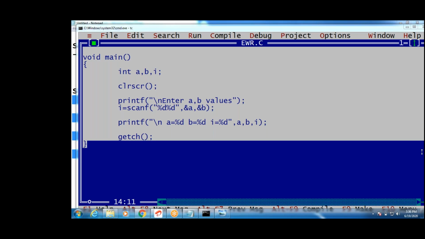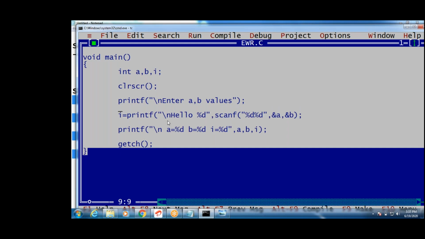Next one, guys. See, scanf within the printf. Now I will write, see this. Printf of a series of statements, guys. Now I want to write hello and percentile d. Yesterday we wrote printf within the printf. Now I equals printf of hello, next line, hello space percentile d, scanf, where we have taken the values. Okay, one more close. Why? Because you opened printf, then scanf, so we close the scanf and then the printf. Yesterday we discussed printf within the printf, now scanf within the printf. Now write and tell me the total output.